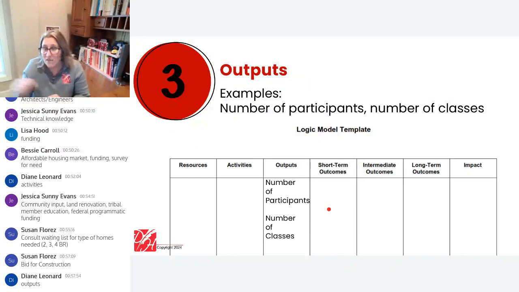Write down on your piece of paper or in your notebook or type into your document, what are the things that you are going to count, the people that you are going to count, the outputs, what will they be? What would you anticipate reporting to a grant maker? And when you're ready, you guessed it, if you would please share an example of what you have typed into the chat box. What is it that you will count? This is one measure of success.